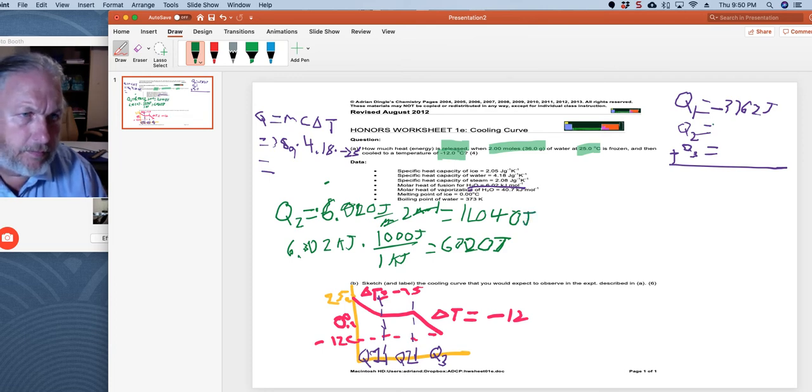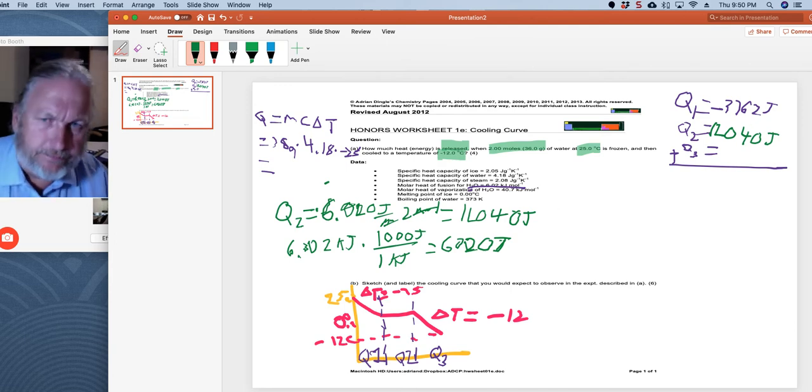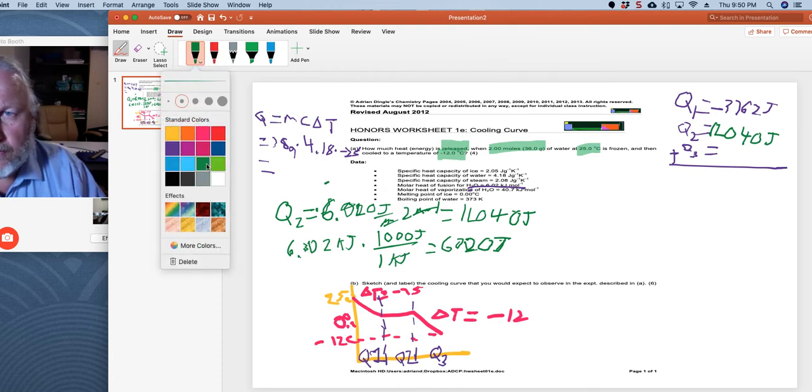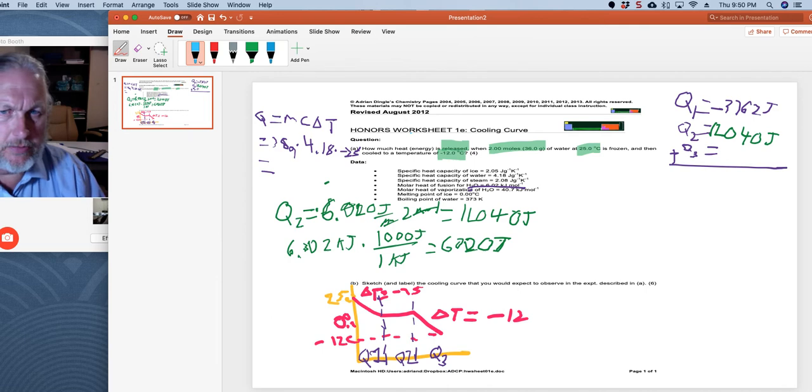Up here, we'll go ahead and put that in. Now notice that was positive. That can affect what's going on. Now let's look at Q3. Okay, let's change colors. We're ice now, so we're going to use that color. So over here at Q3,